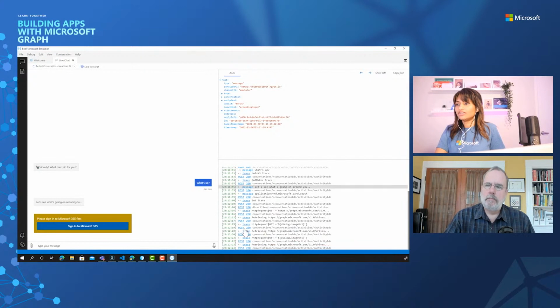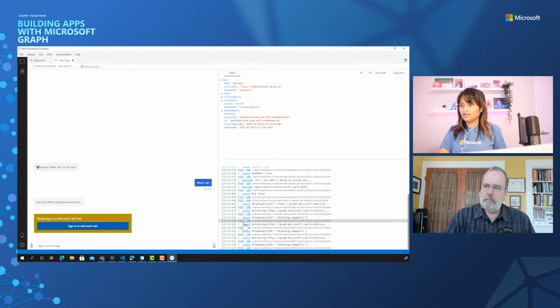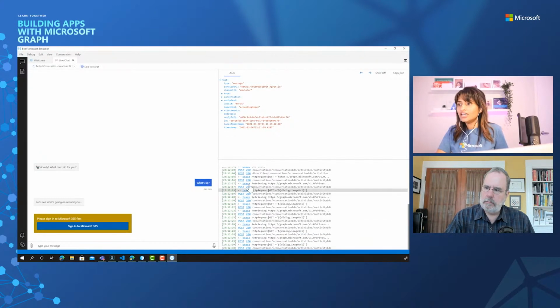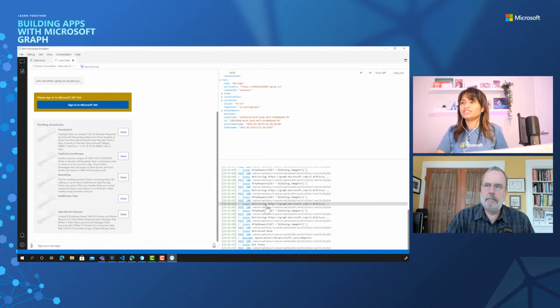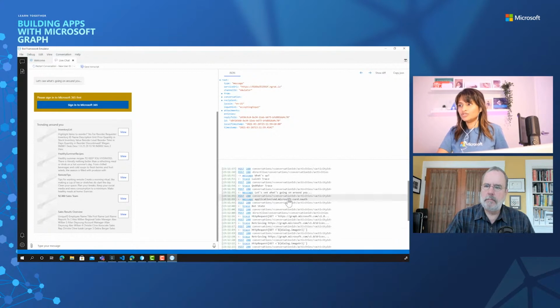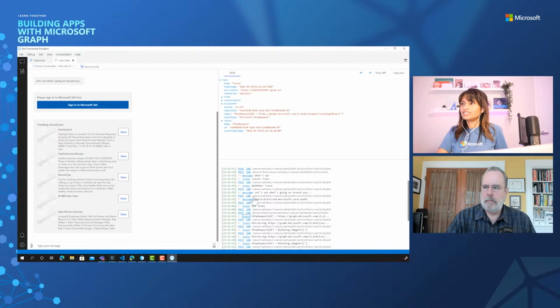So you can see here the trace of all the network that's happening here, the calls being made to Graph, what's being retrieved. All this information is in the trace of the emulator. And that's probably the reason why we chose this, to show you that they're the same calls that you saw earlier. For example, if I open this trace, you can see here